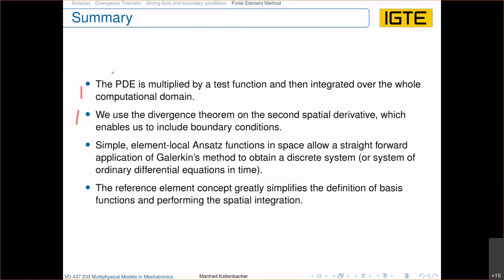Okay, so I hope you have obtained the overview of this more mathematical approach to how to solve a partial differential equation with the finite element method. And in this case, it is any partial differential equation you can just take. The procedure is always the same, and you do this weak formulation and then do